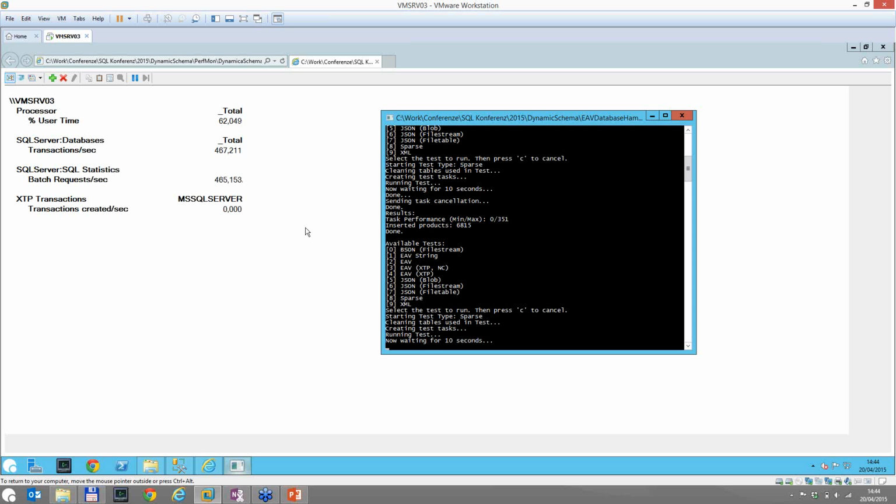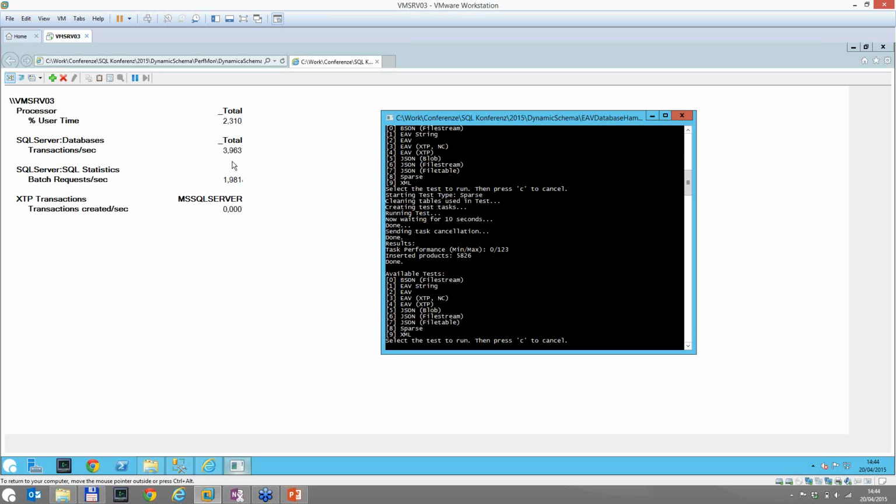And as you can see here, we are able to do up to 500-600 batches per second, which is not really bad. And in 10 seconds, we inserted something like 6,000 products, which is really not bad for the virtual machine I'm using. So let's see what happens if instead of using the sparse columns